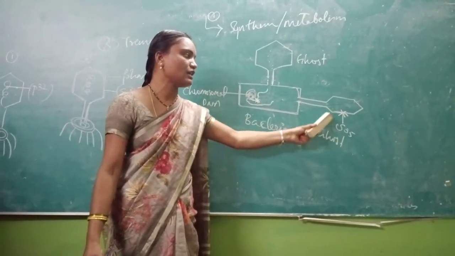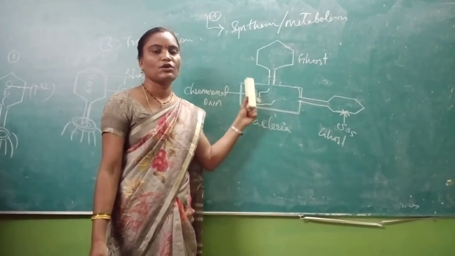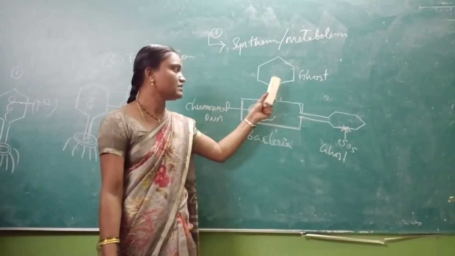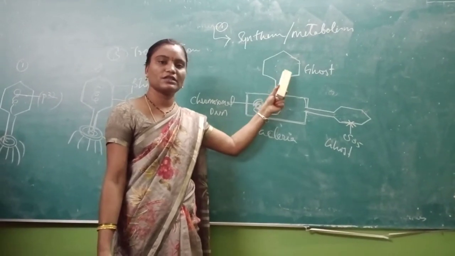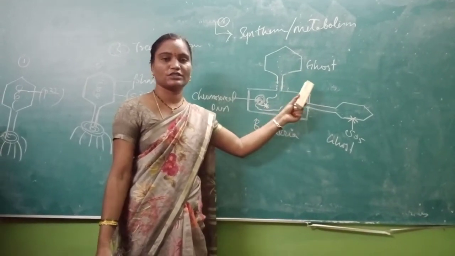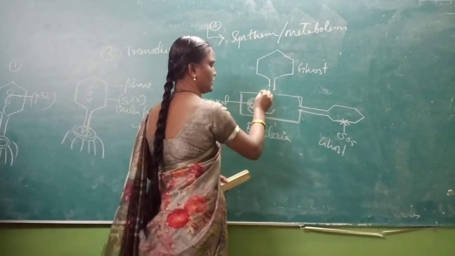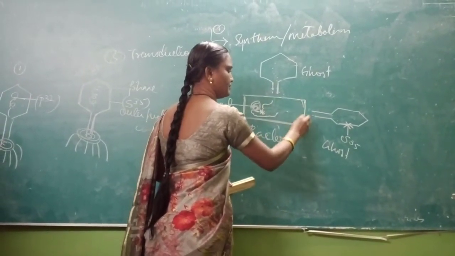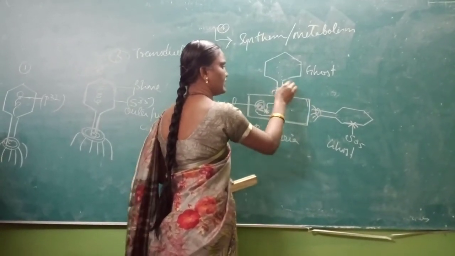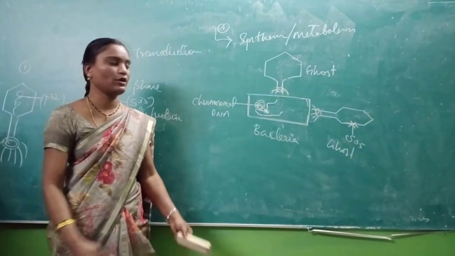So this S35, the outer protein coat S35, has not entered into your bacterial cell, only the phage DNA has entered and this radiolabeled S35 is left outside. The same thing with your phage 1 also. This is a normal protein molecule which has not entered into your bacterial cell and it is left outside. This is called host, and they are left outside. So the phage without phage DNA, they are known as host. So this is called synthesis or metabolism phase.